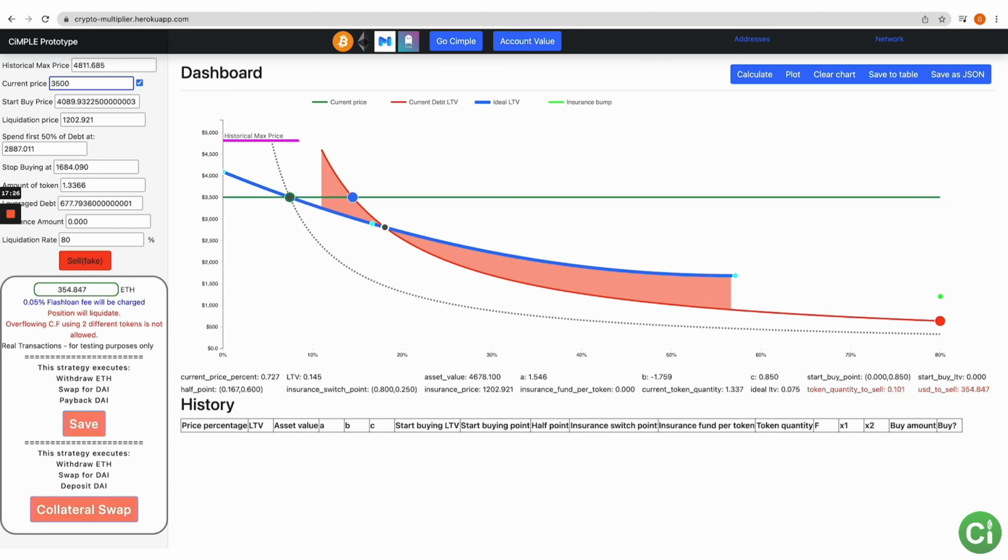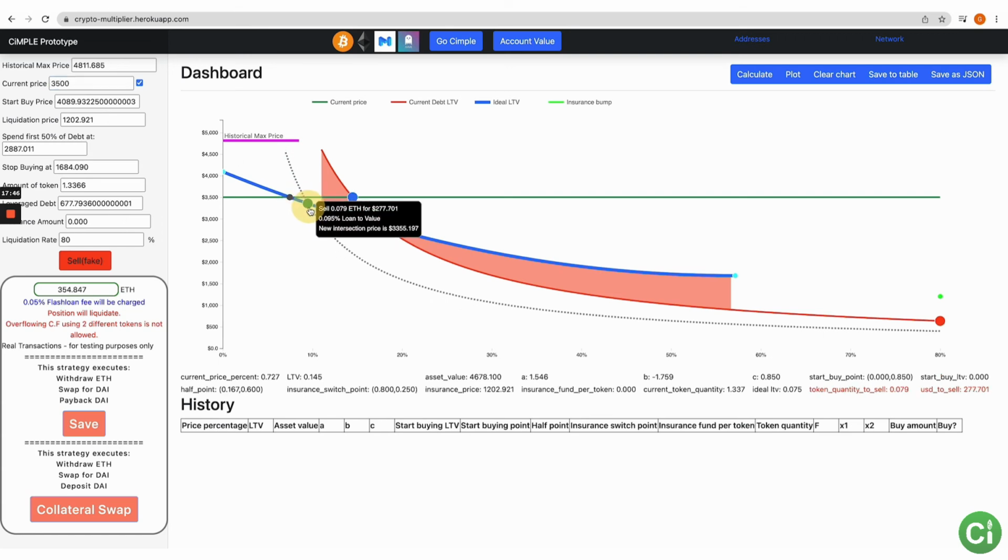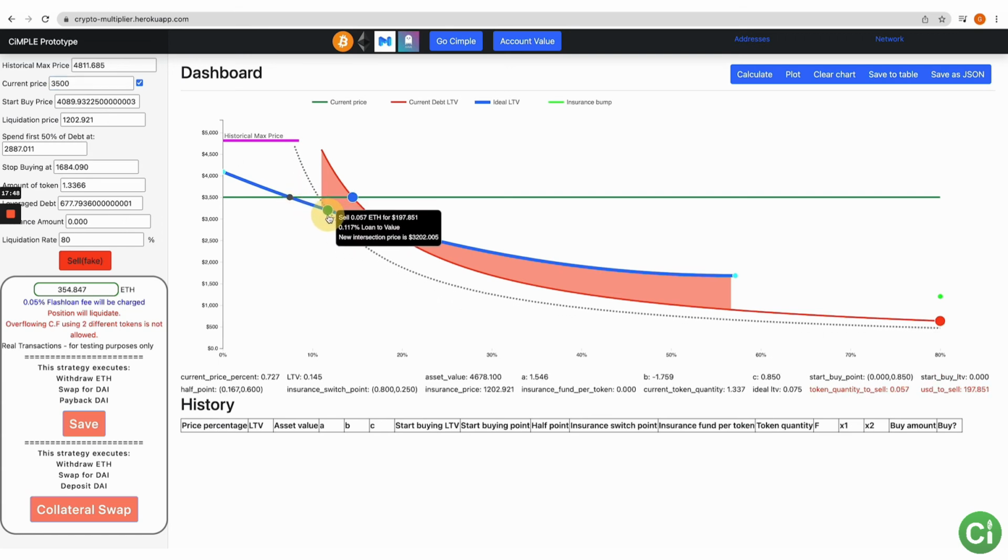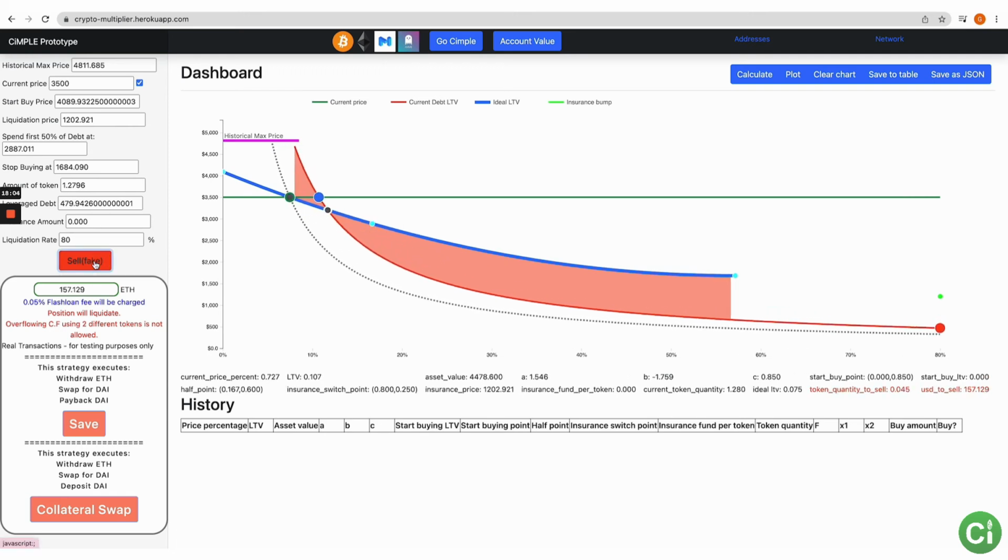And you look at that and you say, should I sell right now or should I wait? Because if you wait, you'll end up taking a larger gain in tokens, but if you sell right now, you'll be able to buy. Right now, if you look at this intersection point, you can't buy till 2,800, and that's $700 from now. So maybe what you say is, okay, let's sell a little bit of it, and let's move this down so that the intersection point is at 3,200. So we put that where it says the intersection point's 3,200, right around there, and let's sell that amount. It sells just enough so the intersection point is now at 3,201, where I put it.